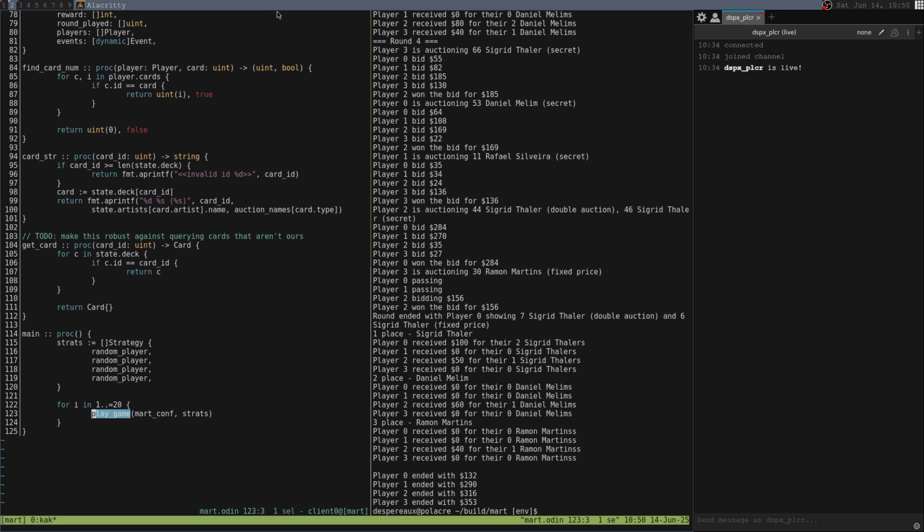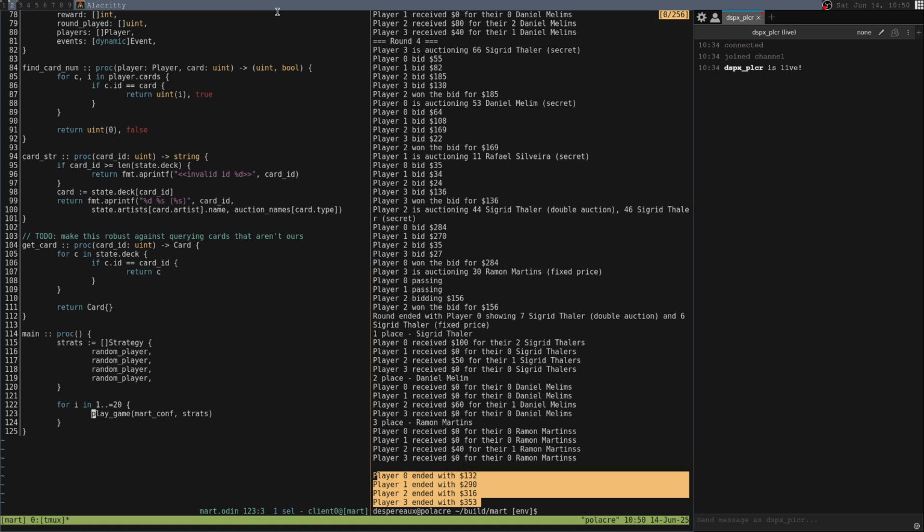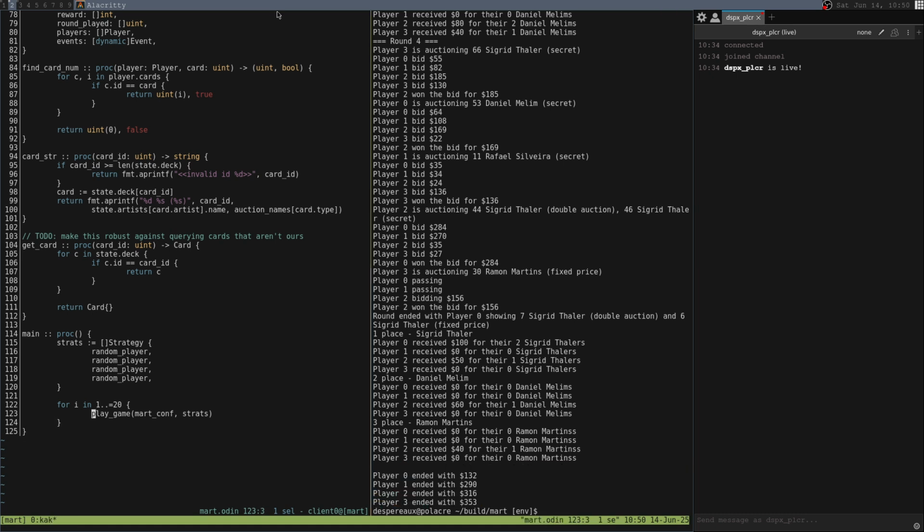What's the easiest way to figure that out? I think the easiest way is just to go through the players and see how much money they have. Like what we did here, where we just went through every player and just printed how much money they have. I think that's the easiest way to do it. So we can just go for p in state.players. So we'll go winner equals 0, and